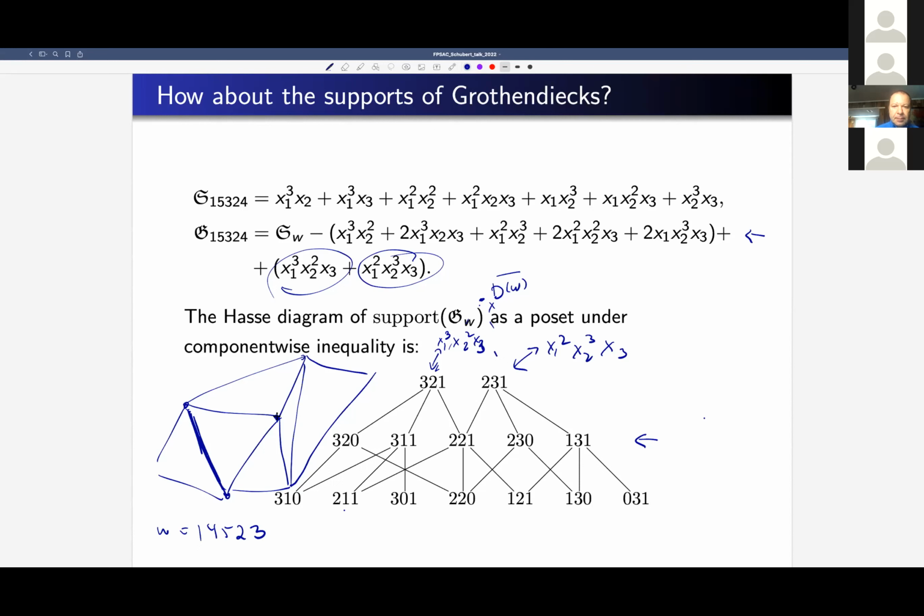Because of these kinds of issues that can come up, I actually don't see it as natural to phrase it in the pipe dream complex. Maybe, but I don't have an insight as to how to phrase it well, because the most naive thing of going from a higher to lower dimension by adding crosses is just not true. Here, I can go from here to here, but not by adding a cross, rather moving some crosses around and then adding a cross. I see. That's really helpful. Thank you.